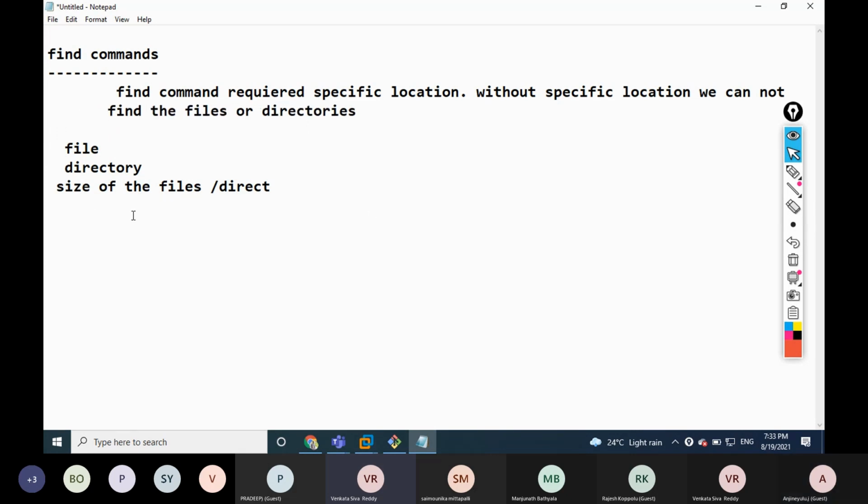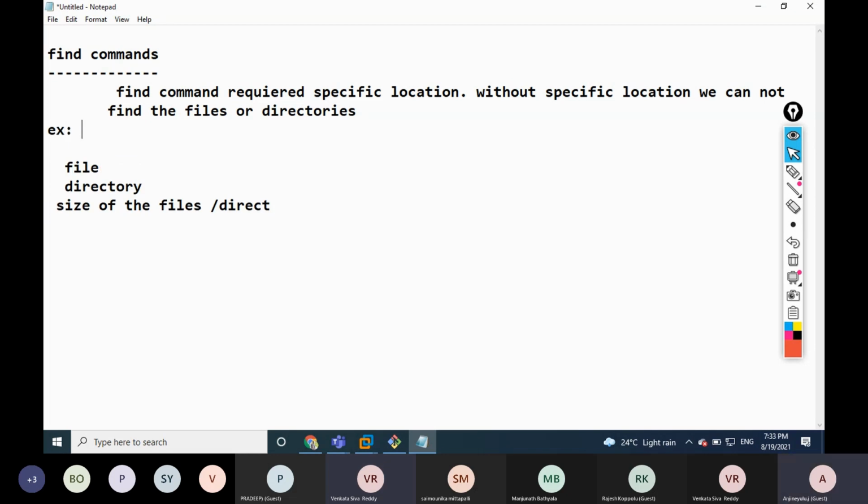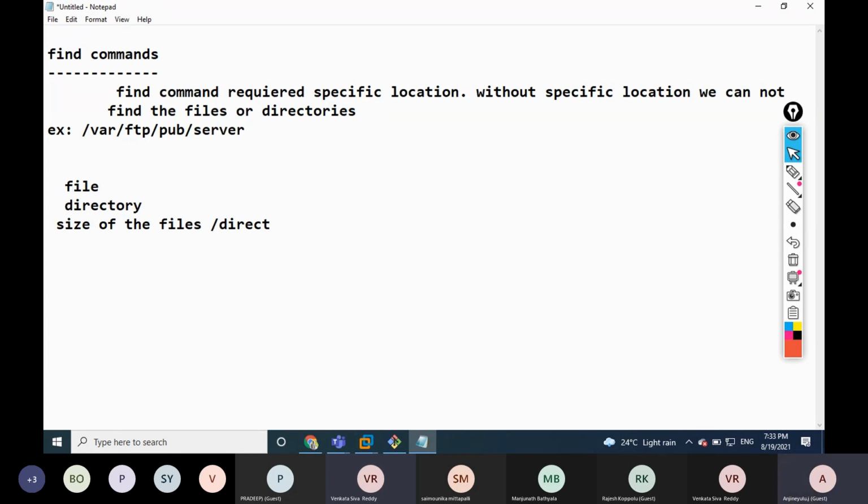For example, I have created a file at some location. The file name is project only.